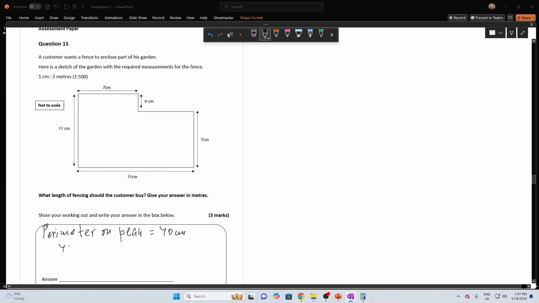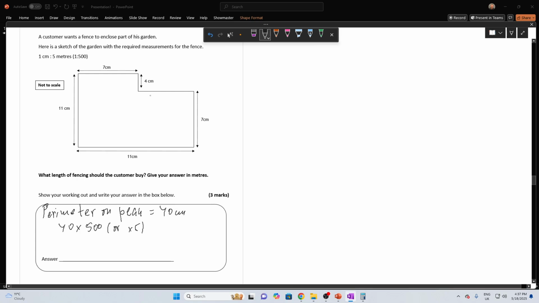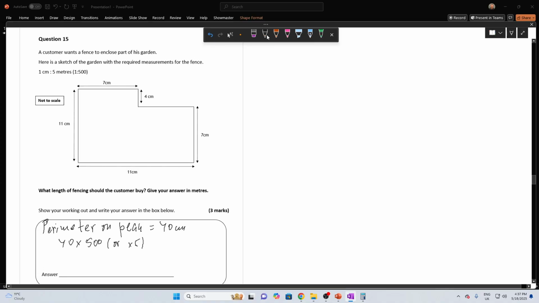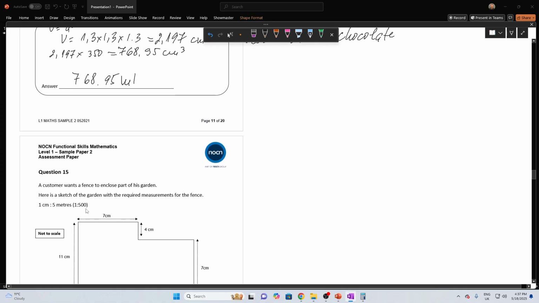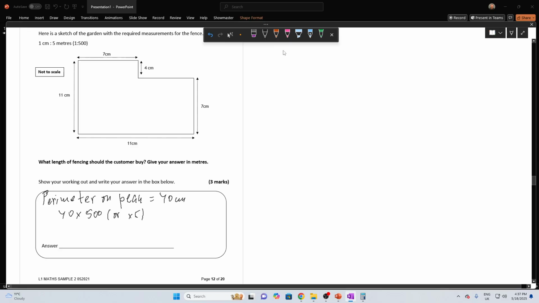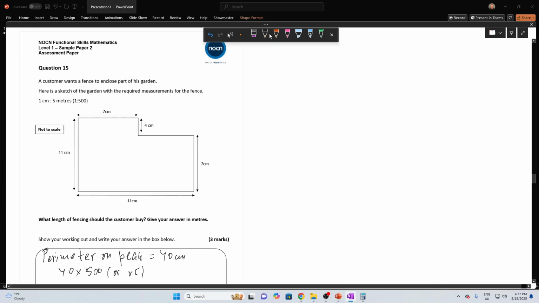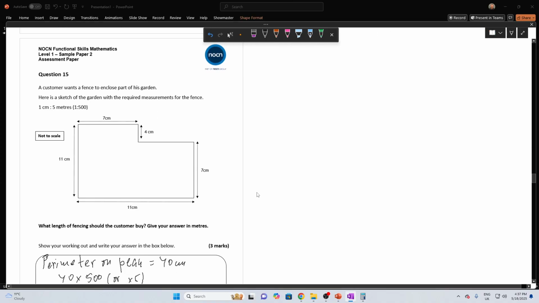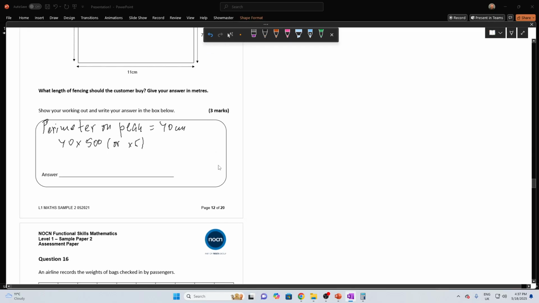So what we have to do, we have to multiply 40 by 500, or by 5, because 1 centimeter is 5 meters. So then my perimeter of the ground